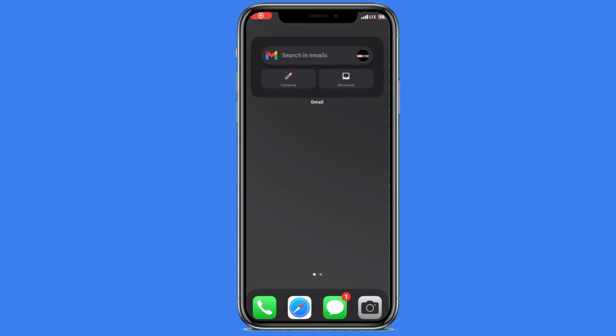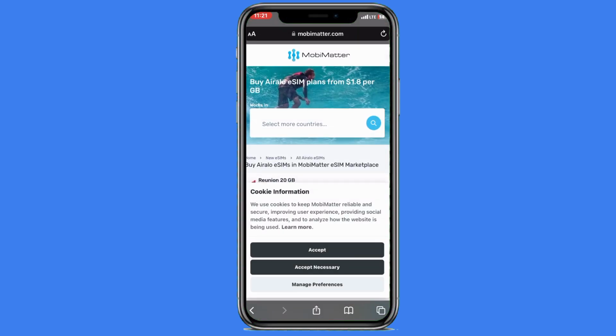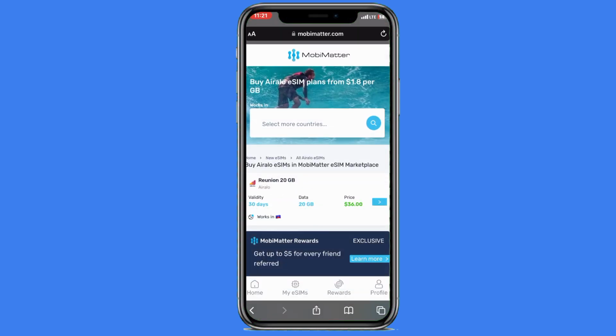How to get an electronic SIM, or how you can use an Airalo SIM for your mobile application. If you want to install a new SIM, if you want to purchase a new SIM, let it be electronic or physical, how you can simply do it just from your device. This is my iOS device and I will open my browser in front of me and search for Airalo SIM card